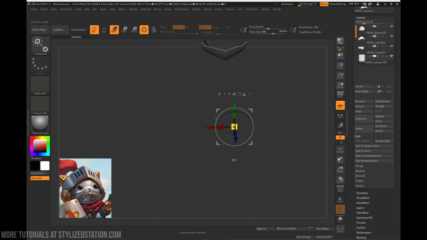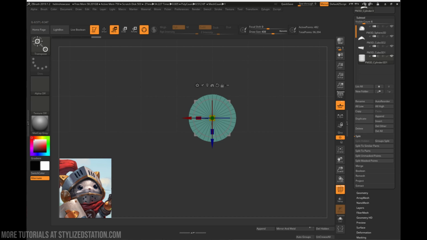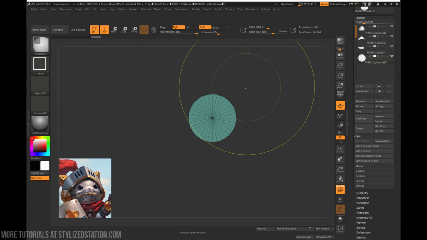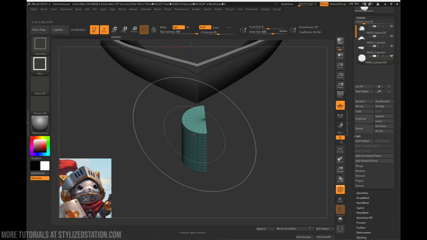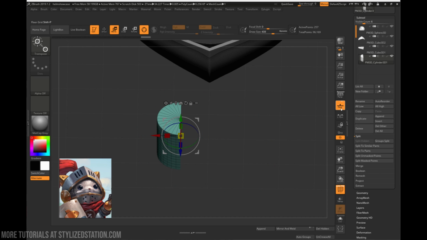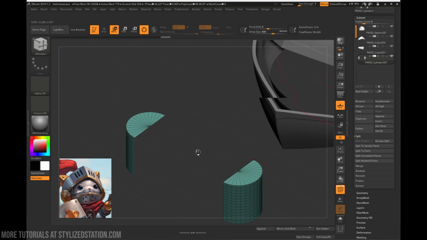So what we can do is actually delete half of it. Delete hidden. We can move this part here, maybe even a little bit more. Mirror and weld. And now go to ZModeler